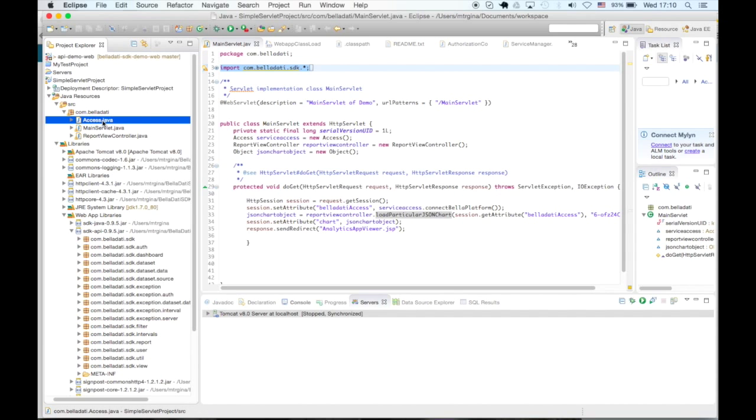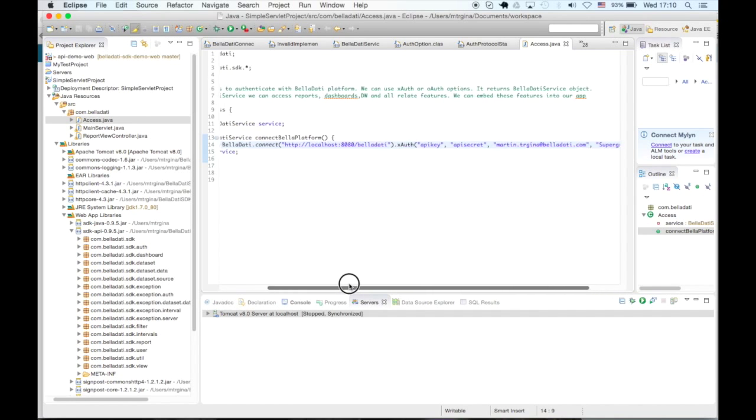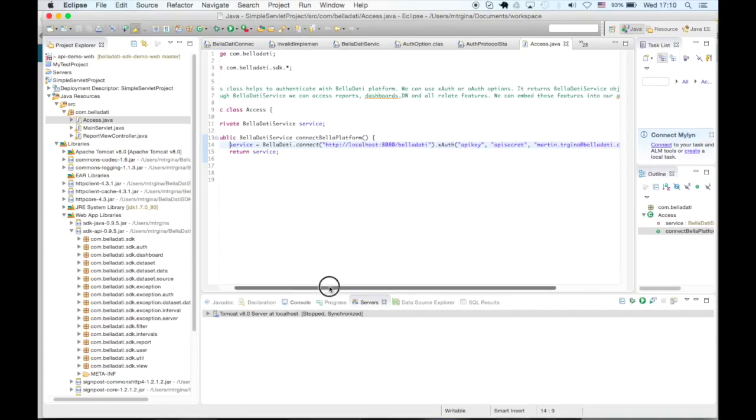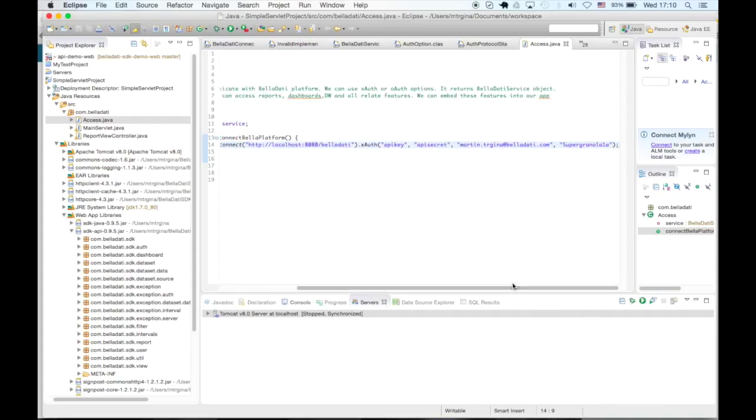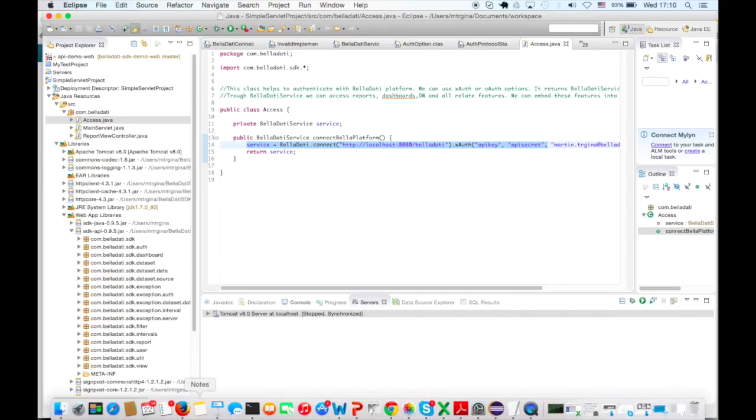When we click into this Java class, we can see that we are using just a very plain xout method that we are calling from the BellaDati SDK, and we authenticate with the BellaDati platform. This is something we have to do before we start to call BellaDati features from our application itself. So let's go back